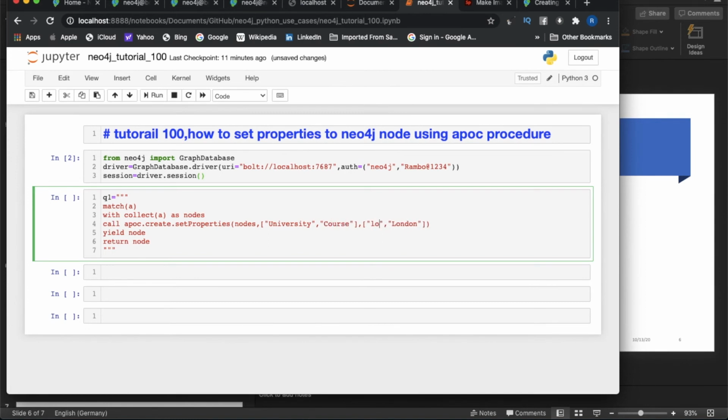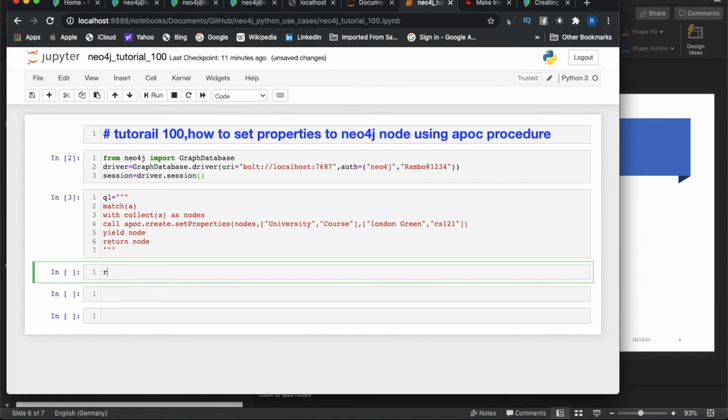So university is London Green. I don't know whether there is any university with this name or not, but still. And maybe course CPS 1 to 3, 1 to 1. Okay, so that's it. So let me execute this thing, and after that it should be